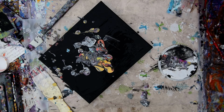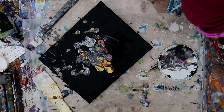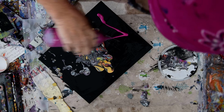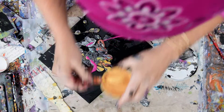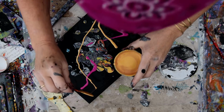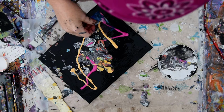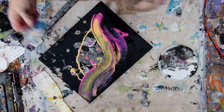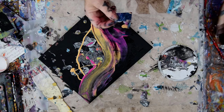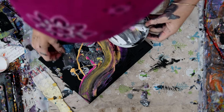I'm going to grab that lid. Yep, and it rests on there perfectly. So I'm going to do that and see what happens, and throw some gold in there and grab a bigger swipe card. Because we like to know these things. Oh, I've got some other paint left over on my...